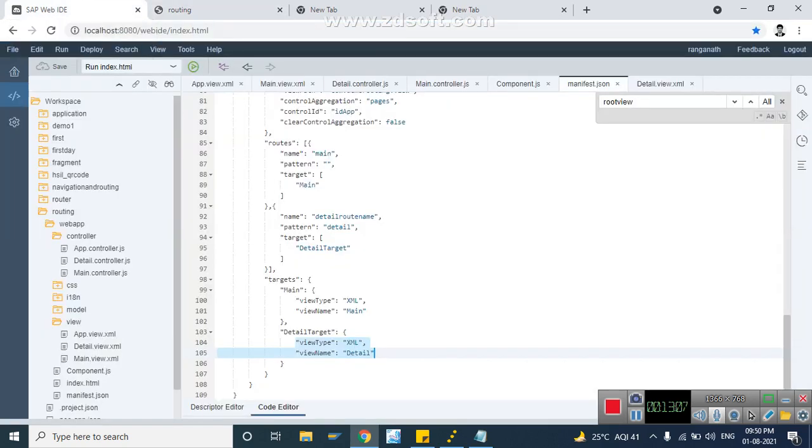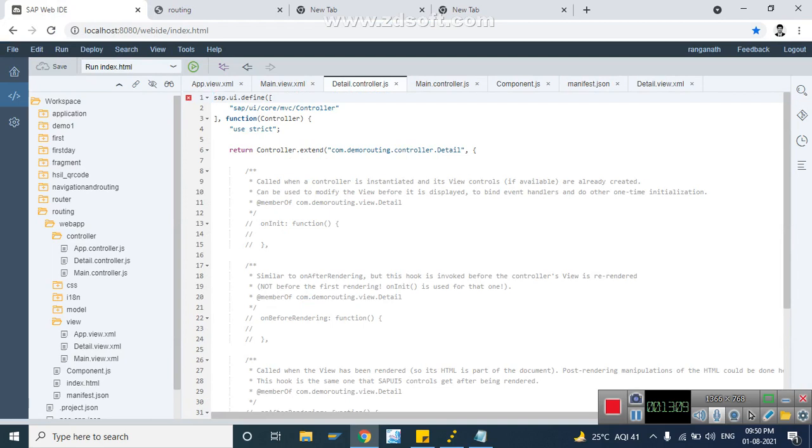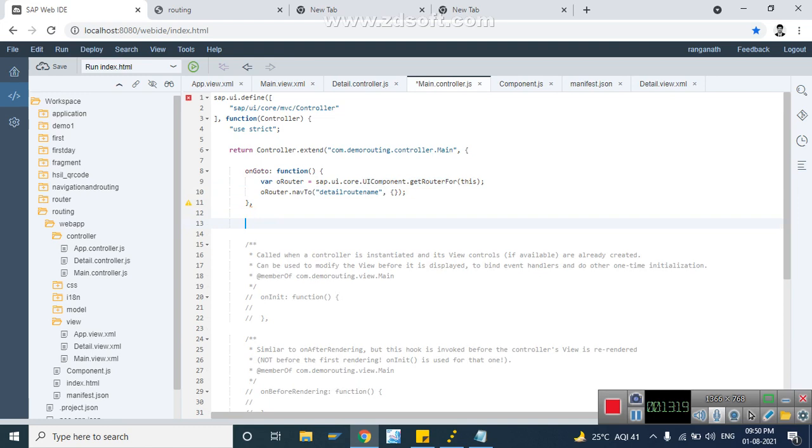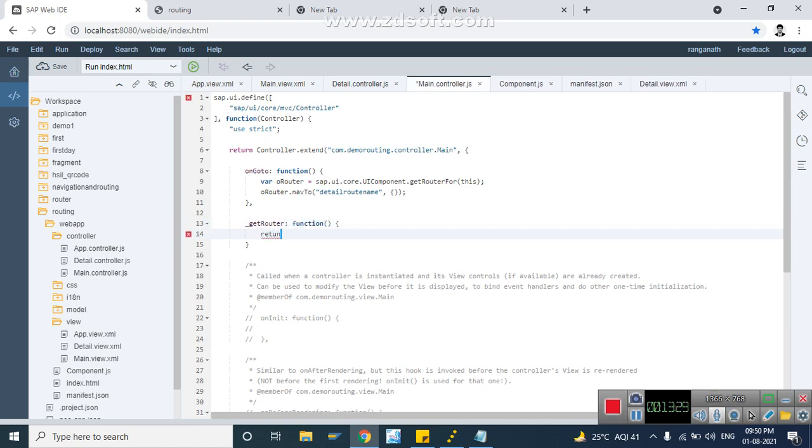So go to the detail page. Actually we need this routing configuration every time we want to use routing. So that's why I'll create one reusable method called getRouter, and I'll say return this router.